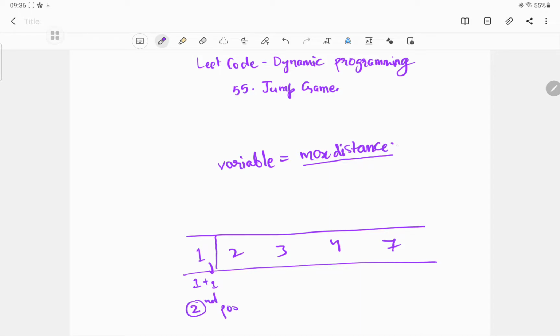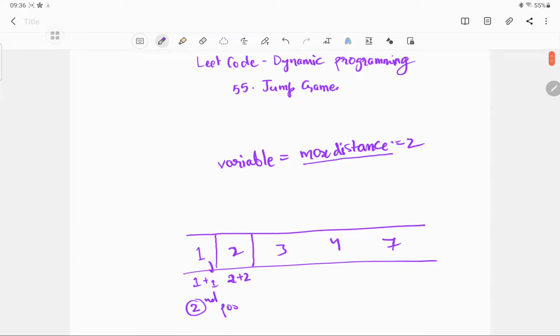So here the max distance would be 2. Now we are at 2. Now here the max distance would be 2, because that's the second position, plus 2 because that's the most we can go. So here the max position would be 4.